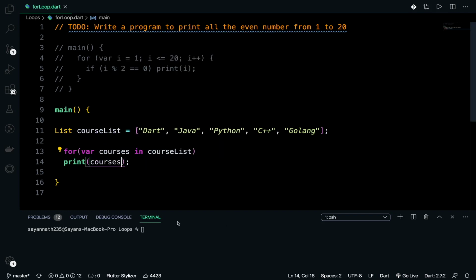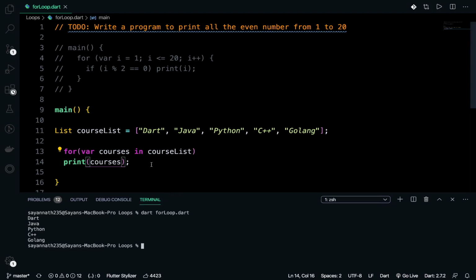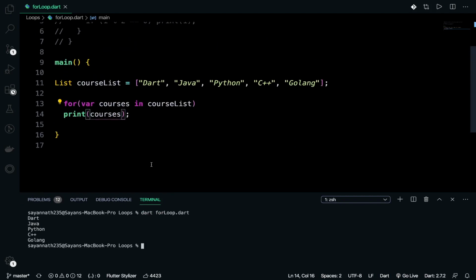Let's run it. See, Dart, Java, Python, C++, Golang.